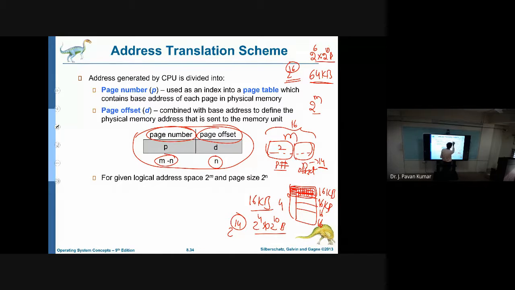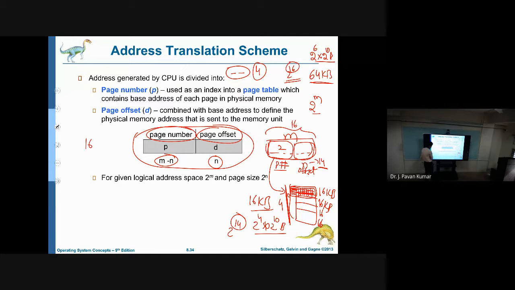With 2 bits, how many addresses can we form? With 2 bits we can identify 4 addresses. How many frames do we have here? 4 frames. So we are able to identify the page number, that is, in which page the data is. Then in that particular page, what is the word that you want to access? That we can specify by using the offset. I hope it is clear to you now.